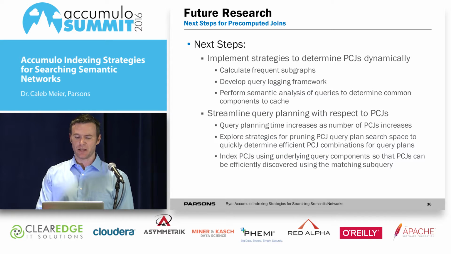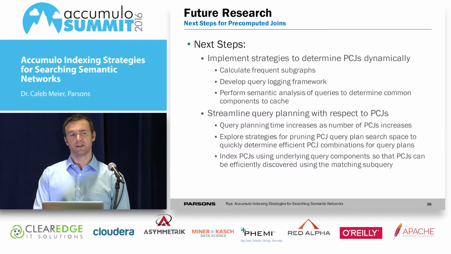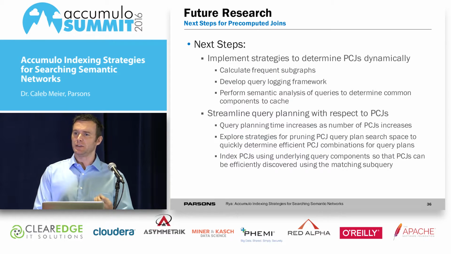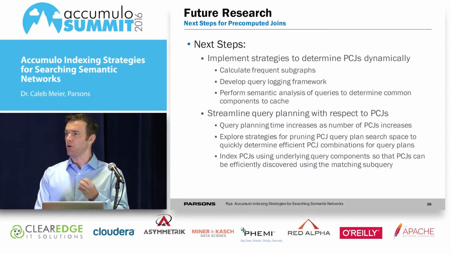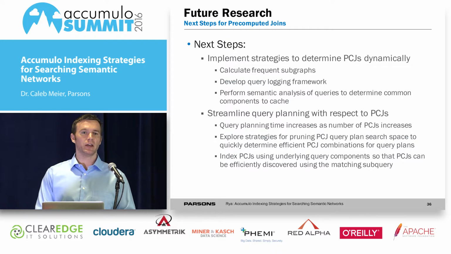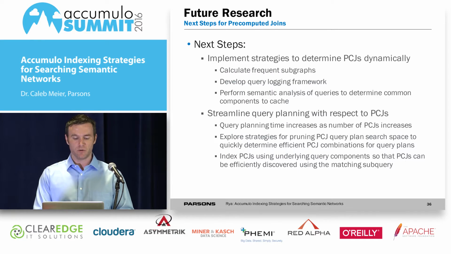And then streamlining our query planning with respect to precomputed joins. I mentioned that for precomputed joins, the matching is implicit in that you're matching the representative query of the cached result with subqueries of the query issued by the user. So we want to come up with ways to do that efficiently and minimize the search space